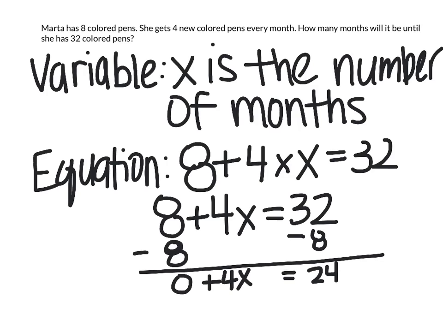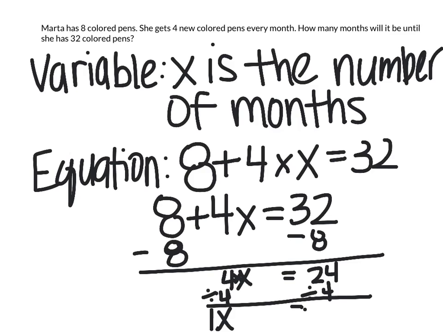I don't need this plus 0, so I'll go ahead and get rid of that now. Now I have 4x equals 24. I know 4x is really 4 times x. Opposite of times, divide. So if I have times 4, I'll divide by 4. 4 divided by 4 is 1 times x